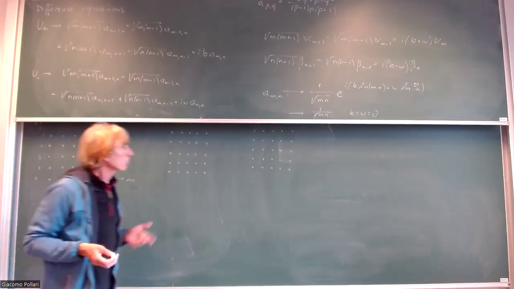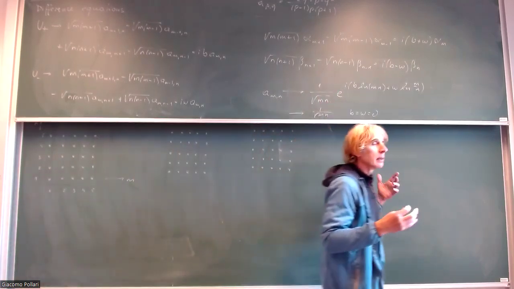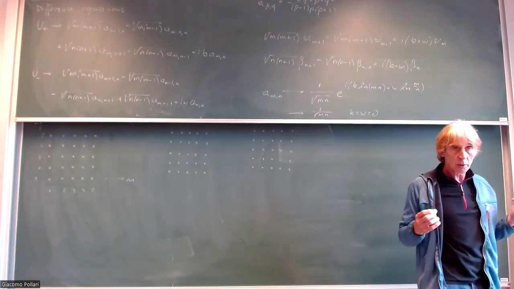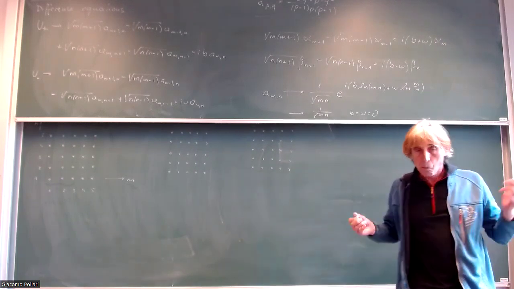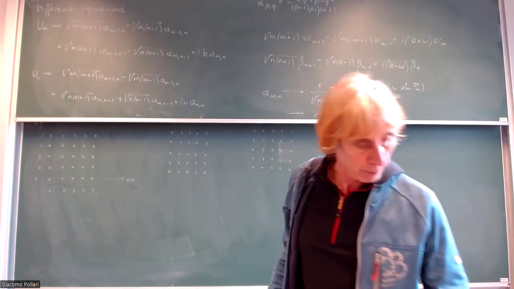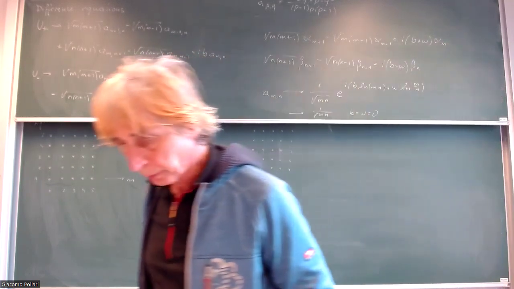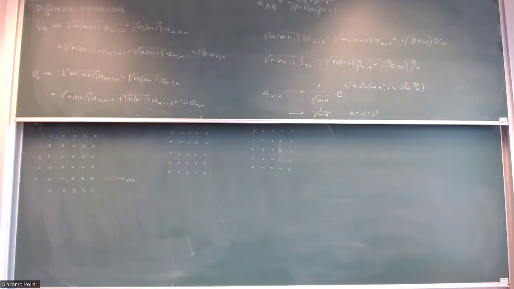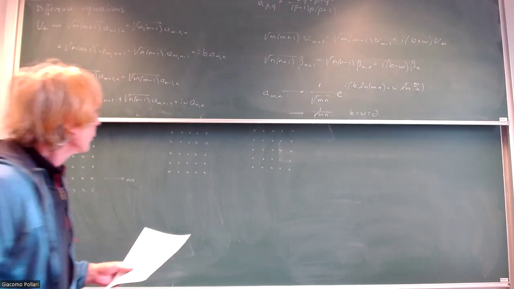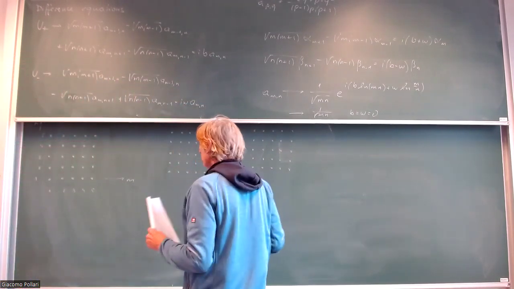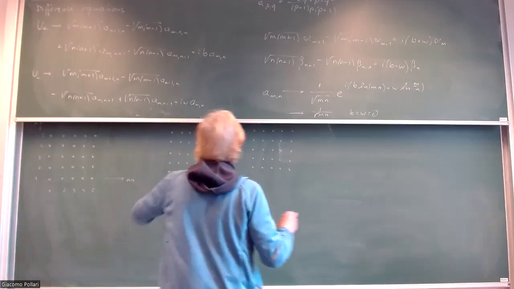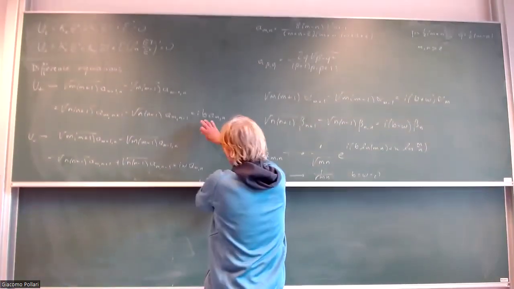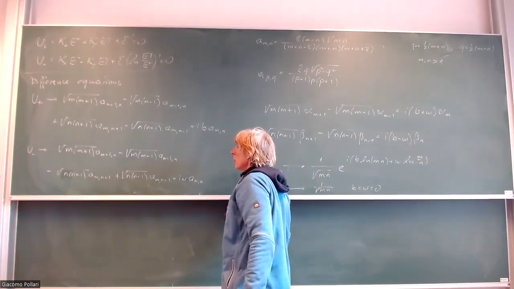In this formalism the difference equation does not connect them with other ones, so we can simply set them equal to 0. Then, for the case E equal to 0, so that the right hand side here is equal to 0,